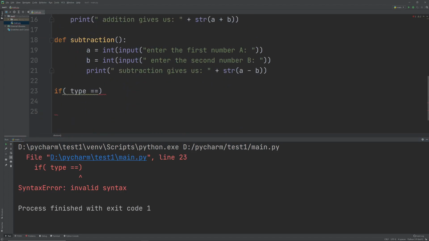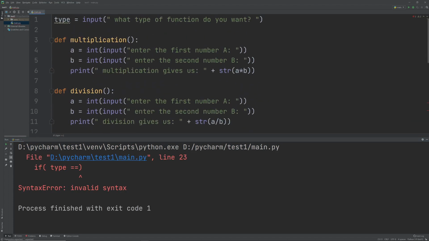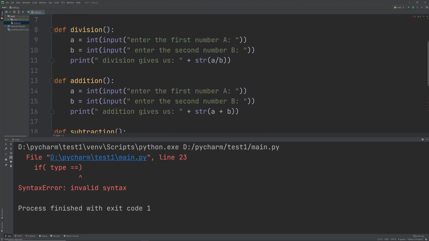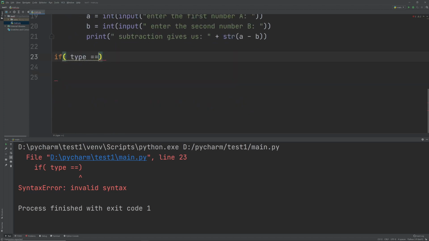Look, if we want to do an if-else statement with words, then we have to use a double equal sign. This double equals sign means is equivalent to. So if type equals, then we use speech marks because we are typing the answer, multiplication, then we have to write,